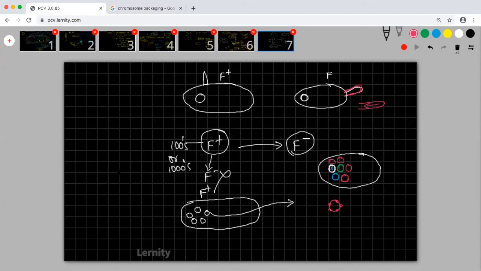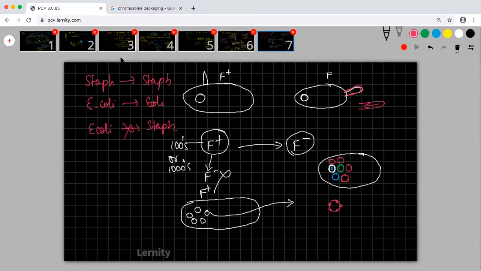Will the bacteria be able to pass the factor to some other species? Usually bacteria can transfer it only species-specifically. This genetic transfer can happen from Staphylococcus to Staphylococcus, E. coli to E. coli. It cannot go from E. coli to Staph. So conjugation is a method where both these cells get attached.